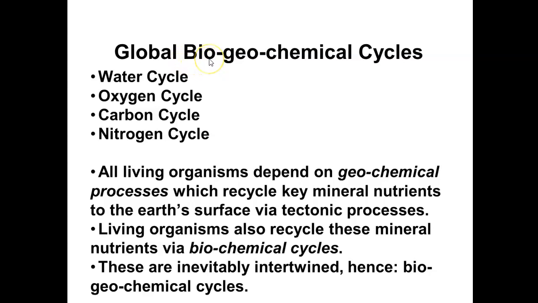Because of biological processes, we've got elements appearing in places on Earth where they would not if we just relied on geochemical cycles. The most dramatic example of that is the tremendous presence of oxygen in the atmosphere. Geochemical processes, along with tectonics, would take all of that oxygen out of the atmosphere and bind it up permanently. And we'd have a very low level of oxygen in the atmosphere, but it's the biological part that makes so much oxygen available